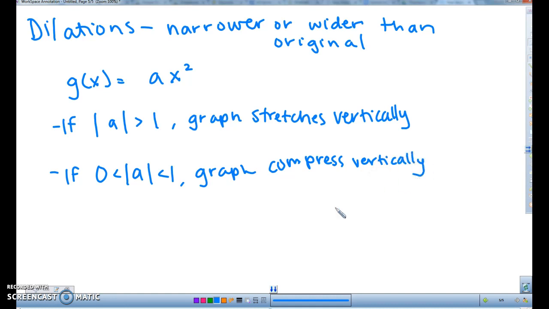And I have always had trouble with that terminology, stretches vertically, compresses vertically. Like, vertically, what does that really mean? If it's stretching vertically, it is becoming more narrow. If it is compressing vertically, it's becoming wider. And to kind of show you what I mean here,